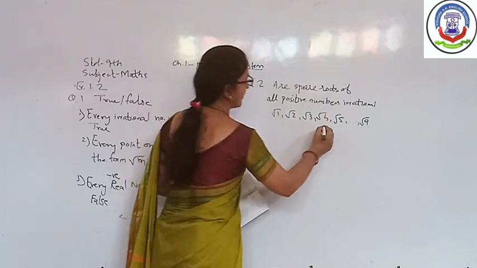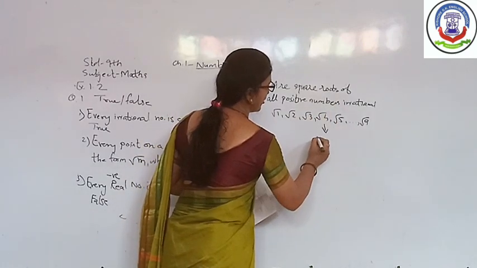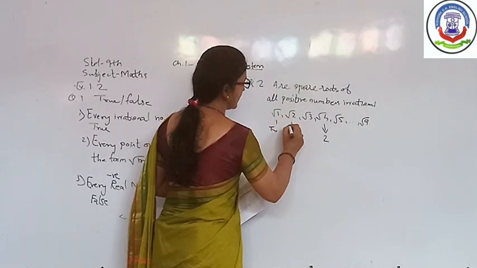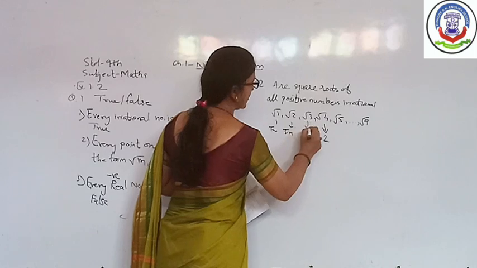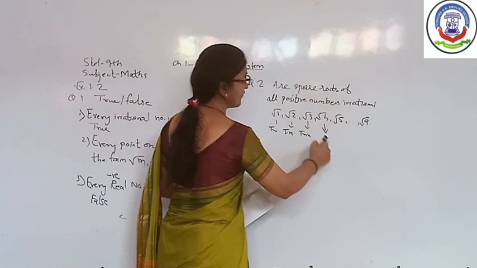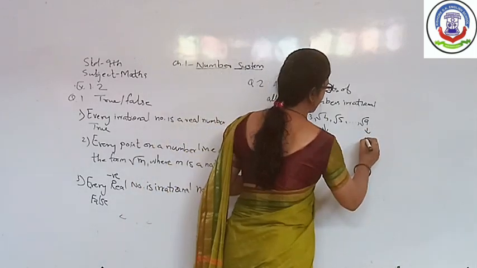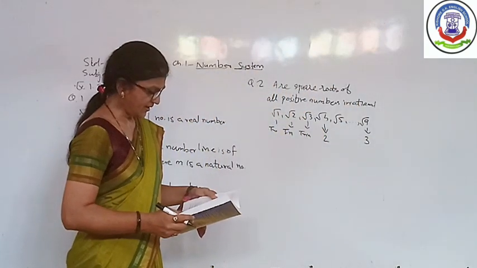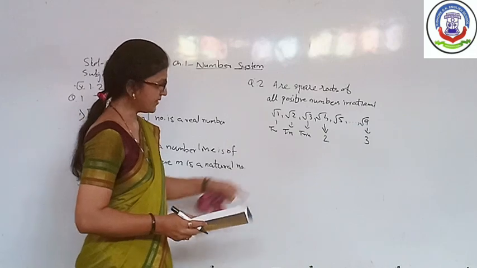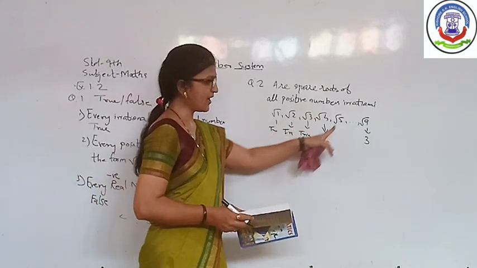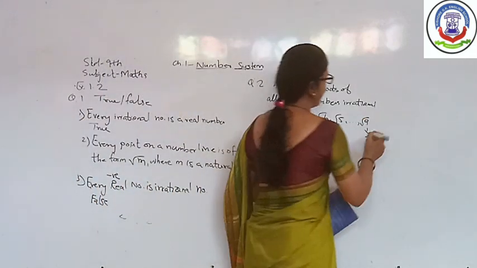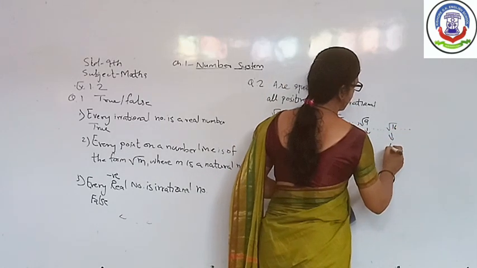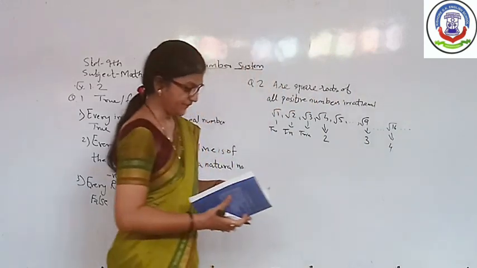Now if we consider the example of this, square root of 4 is 2, square root of 9 is 3. So the given statement is false. An example of that is square root 4 is 2 as well as square root 9 is 3. We can extend up to square root 16. Square root of 16 is 4.